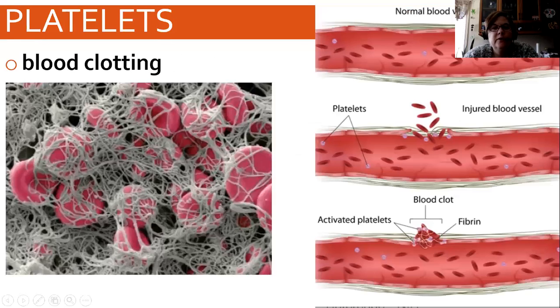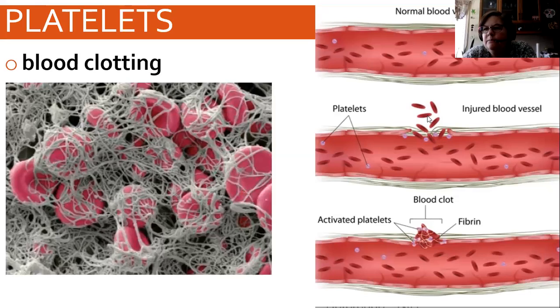Okay, so if we look at the image on the left, we see all this fibrous protein, and it's formed a fiber over top of the gap in the blood vessel, and we see all the little red blood cells that have been trapped there. Okay, if we look at the image on the right,